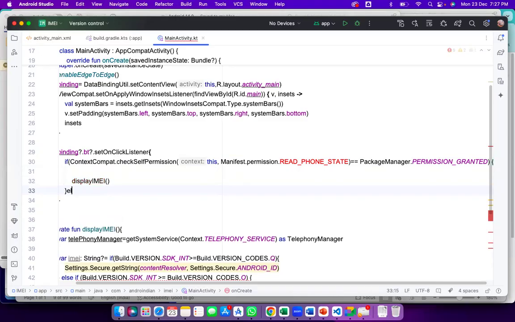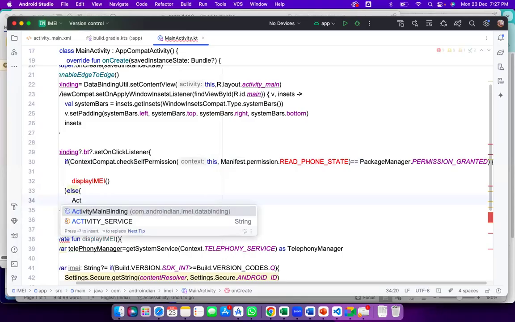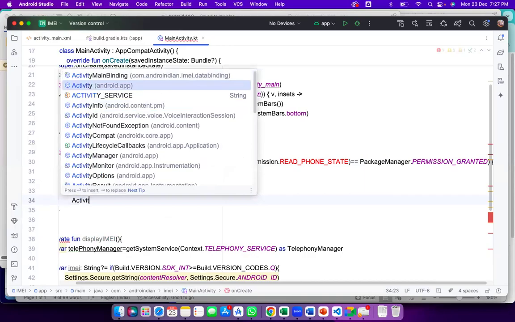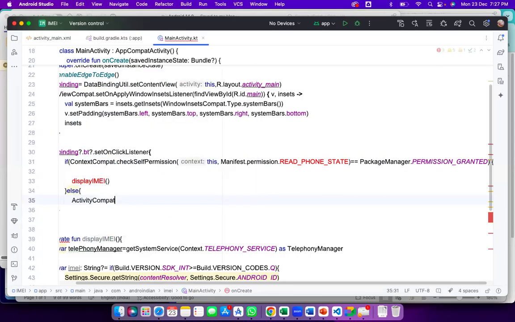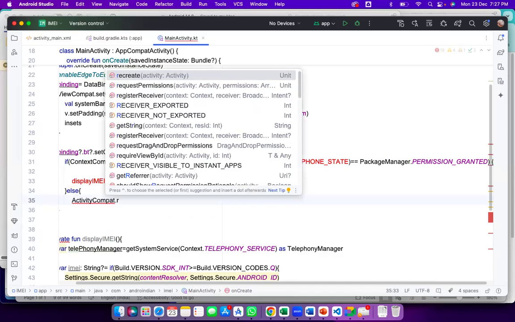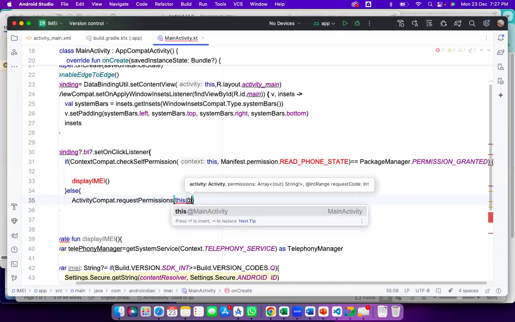Else, here now activity compat dot request permissions. So that is this comma